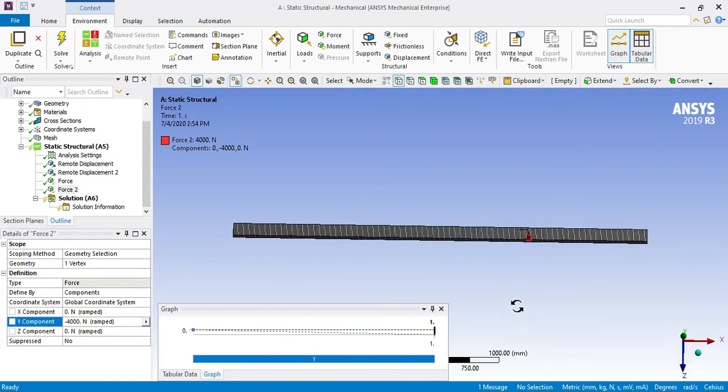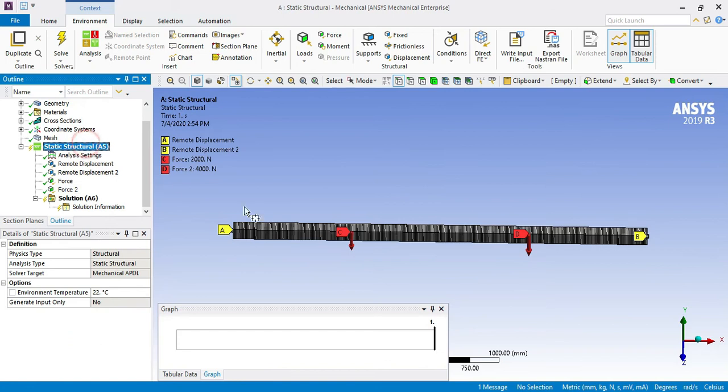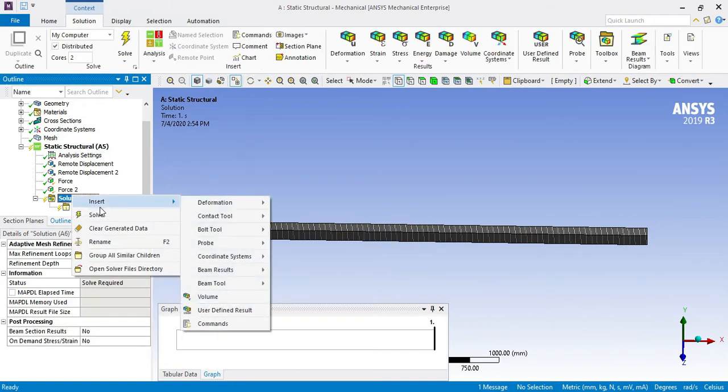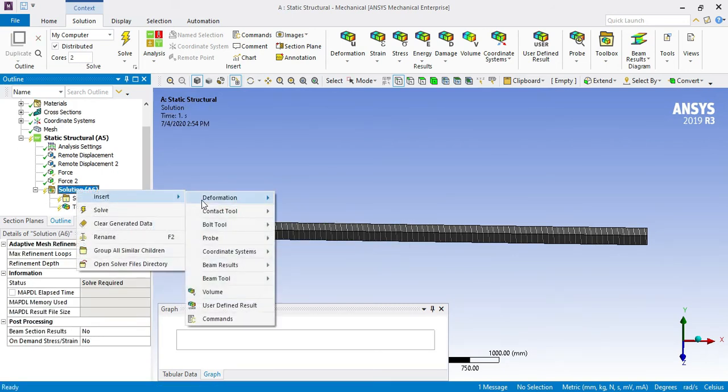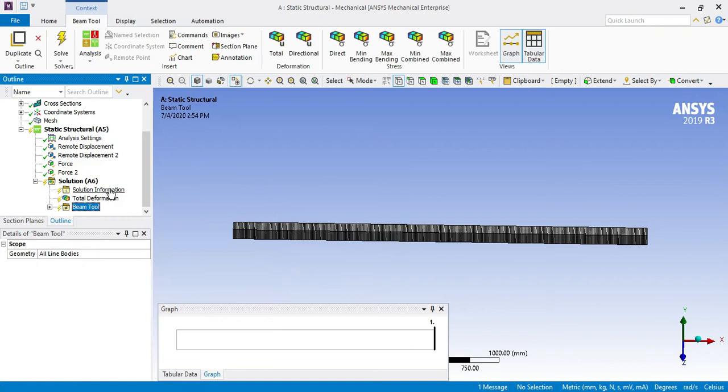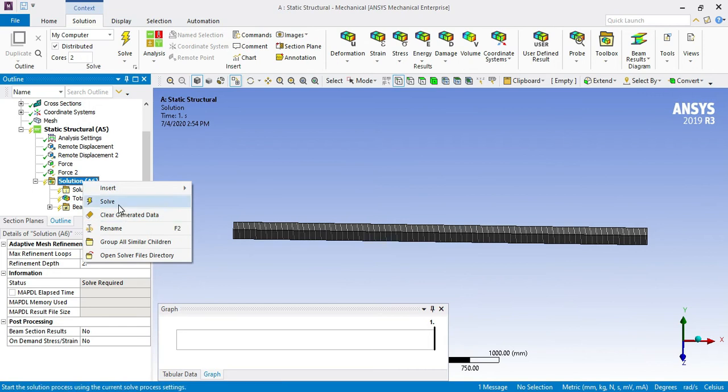So you will see here, A to C is 1 meter, and B to D is 1 meter, and CD is 1.5 meter. Now right click on it and go for solve.